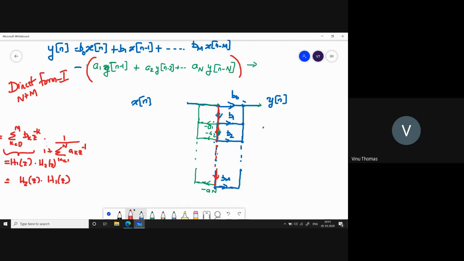So now you have your z raised to minus 1s. So this is z raised to minus 1. This is again z raised to minus 1, etc., up to z raised to minus 1. To illustrate, we have taken n is equal to m. So therefore, how many memory locations are required now? Can you tell me how many memory locations are required now?